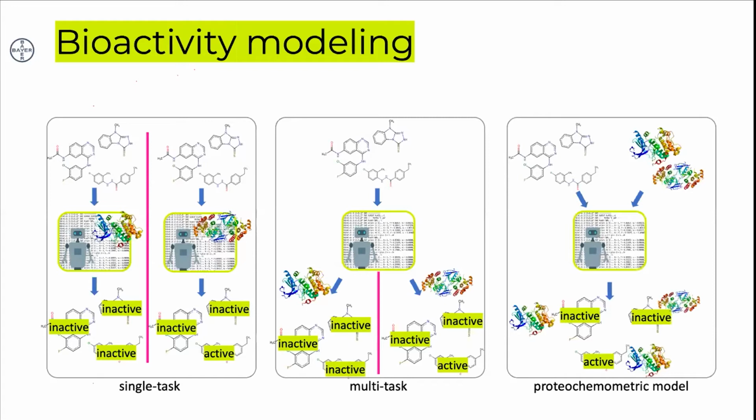So we come up with this idea, or not we. It was basically also earlier developed by Gerard van Westen and Andreas Bender, about developing proteochemometric models. So now we always present the network a tuple of a ligand and a protein, and then we can borrow strength across the different combinations of ligands and proteins that you see, in order to predict if this protein and ligand are active or not.